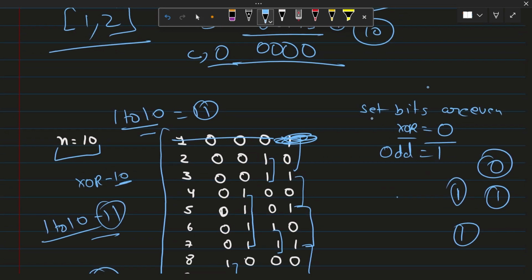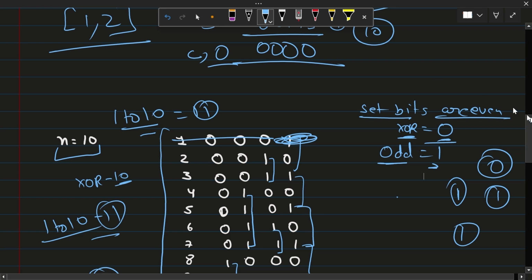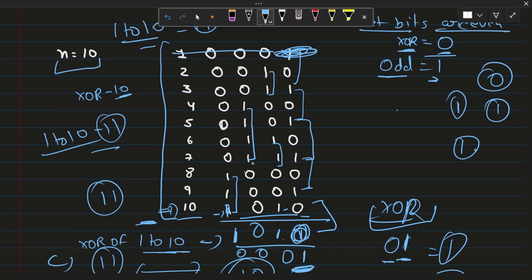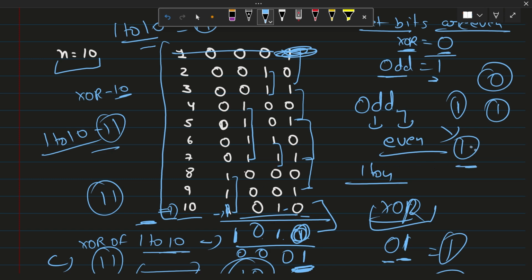Here we know that when set bits are even, our XOR is 0, and when set bits are odd, our XOR is 1. So if the set bits are odd, I need to make the set bits at that place even. I can either add a set bit or remove one. I can't add another value, as I have access only to 1 to n. So in that case I'll remove that particular value, right? Because